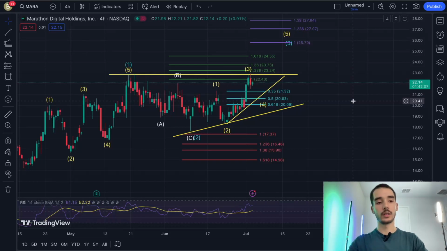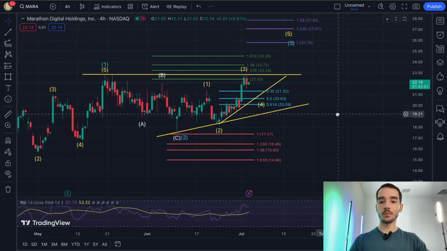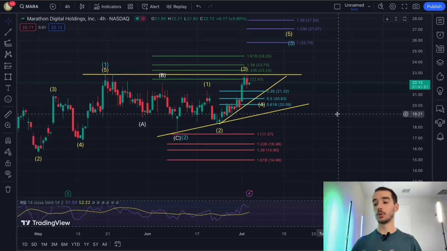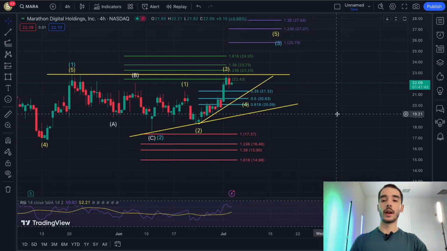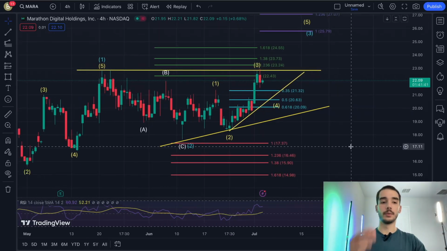I want to make a video on this later on to maybe explain it a little bit better, because I feel like I'm kind of repeating myself or I'm not making any sense. But I've been trading Mara for a few years now, and I noticed that a lot of times Bitcoin would trend up while Mara trends down, and the opposite as well. Bitcoin goes down, Mara goes up, and it can happen for a couple days straight. So I never trade Mara based on Bitcoin.